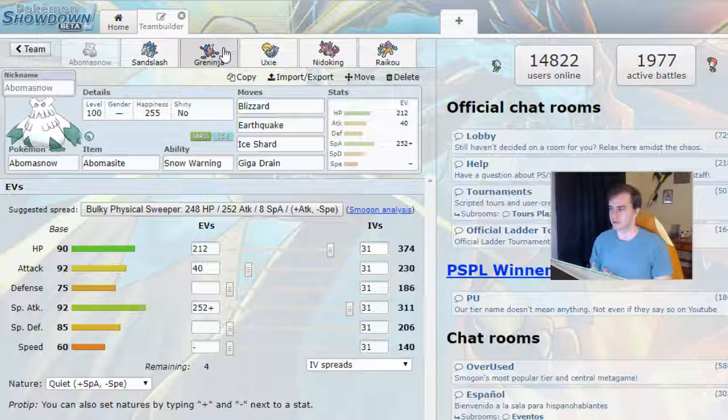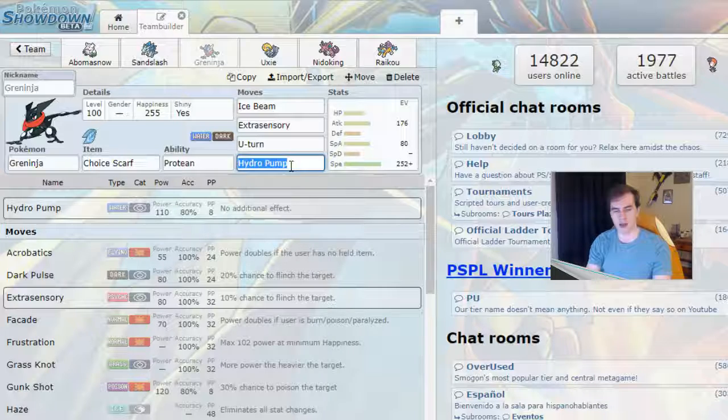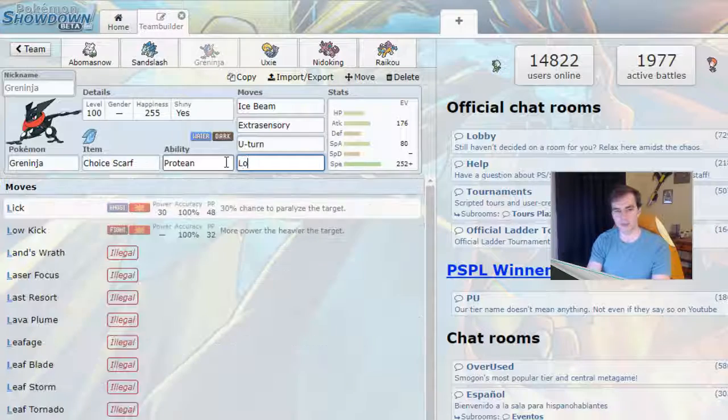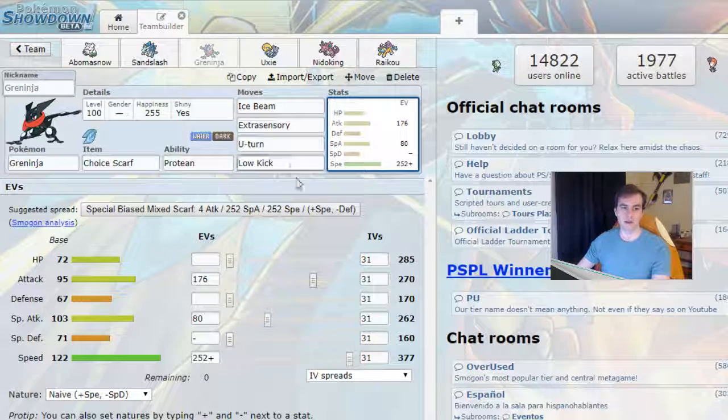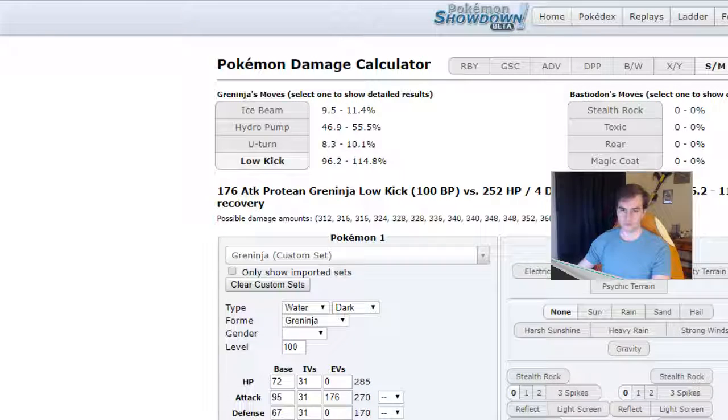Bastiodon is another Stealth Rocker. I'm worried about it because it's just incredibly bulky, but I was trying to remember what I was going to do with my Greninja, and I remembered that I was actually going to, instead of Hydro Pump, run Low Kick, and let's bring this over really quick. If I put Low Kick back here against Bastiodon, oh,